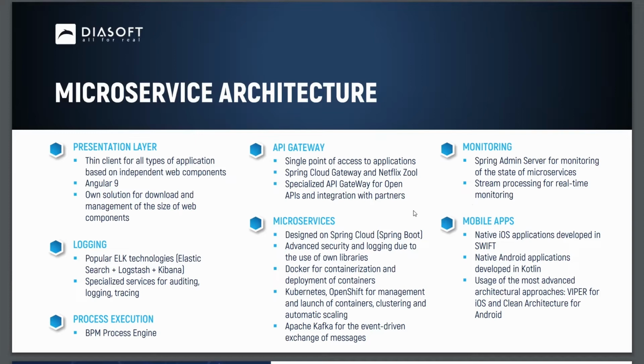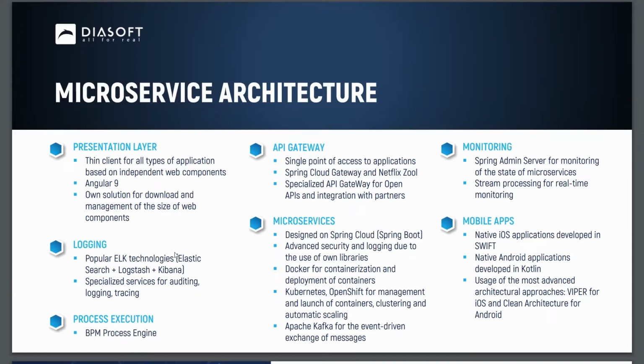The back end of the system is represented by functional microservices written in Java. They are built on the Spring Boot framework. All microservices are packaged in Docker containers and are deployed in the orchestration environment, Kubernetes, or OpenShift. To support event-driven communication between services and other systems, we use the message broker Apache Kafka. There are microservices that are used to execute business processes, as was shown in the previous diagram. This means that within the platform, these microservices turn on the engine for execution of business processes, and the platform